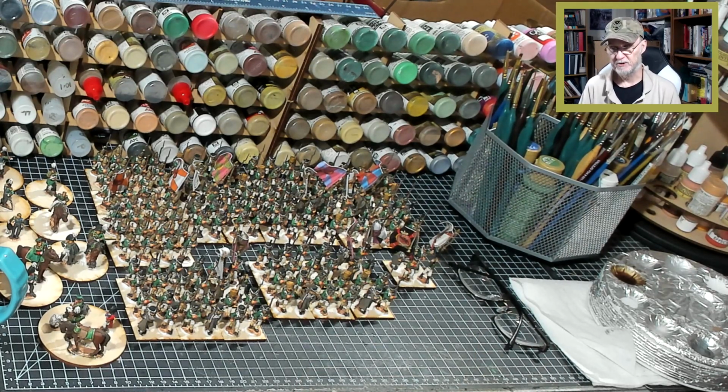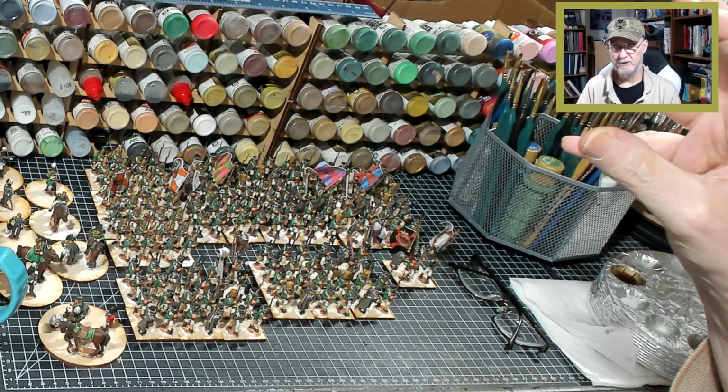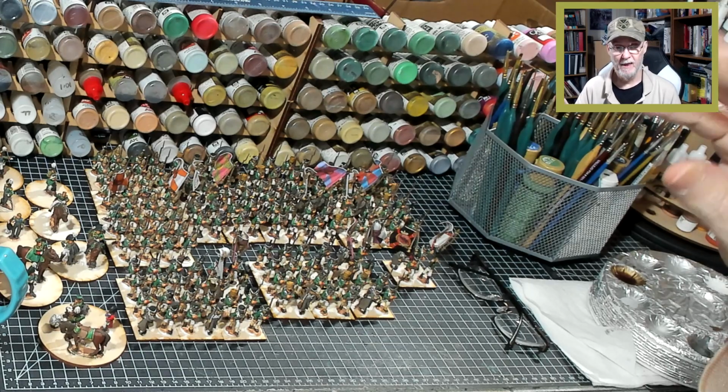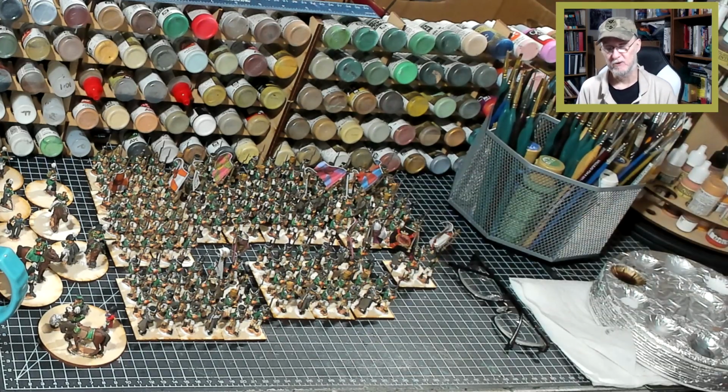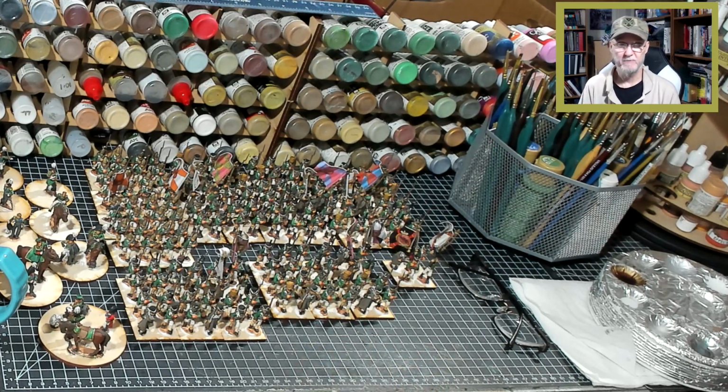Okay, so I got these Macedonians ready to go and ready to paint. I was going to apply some decals first, right? I was going to paint all their shields white, apply the decals, just do it well in advance, and then I could progress to painting the rest of the figure. So I got motivated to do some decals, which I still might do, just the decals, and then set the army to the side. Because my next project after these Russians is going to be World War II 28 millimeter Bolt Action